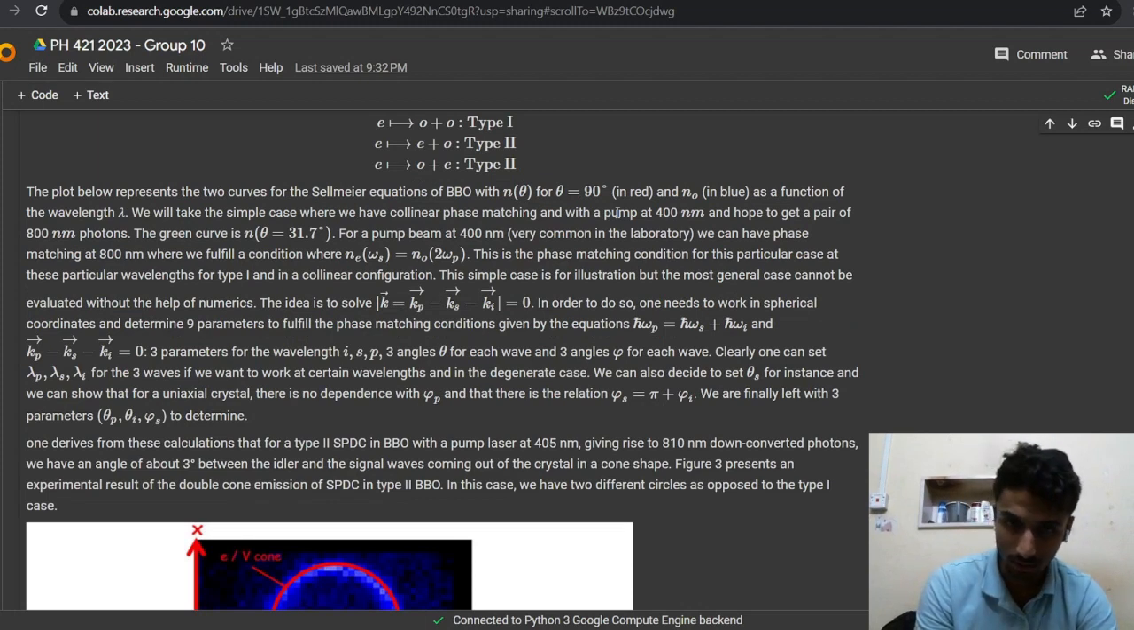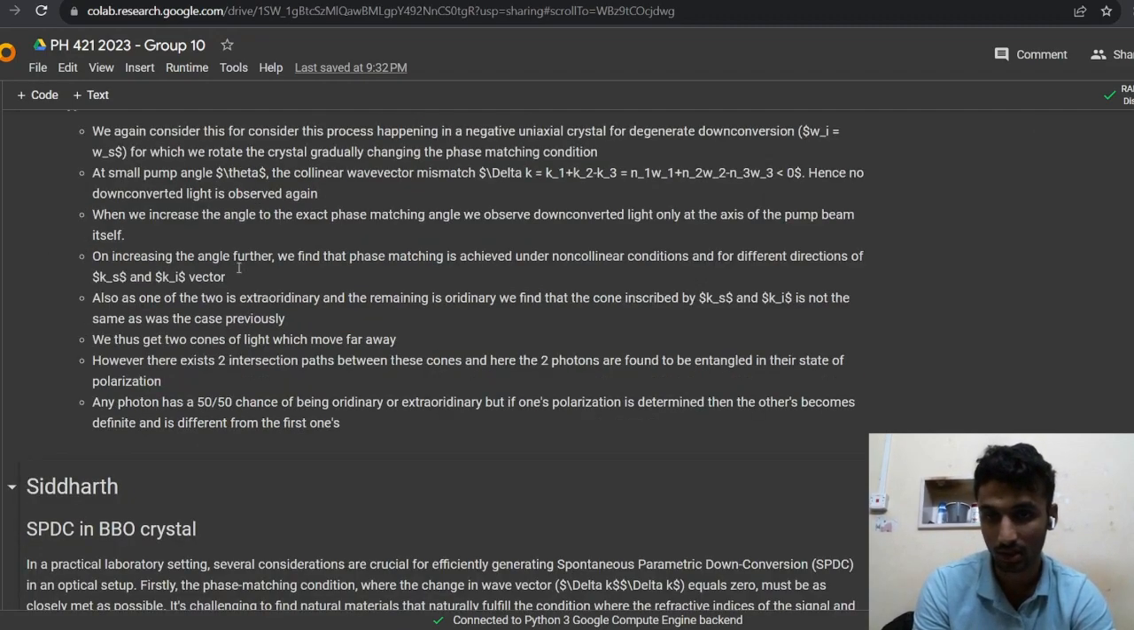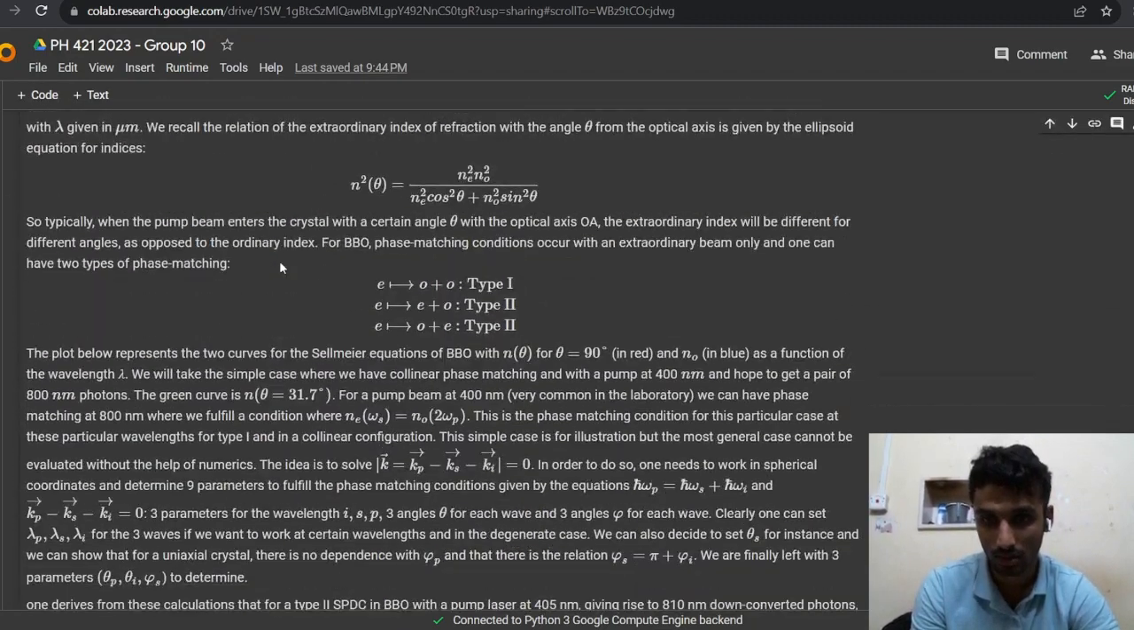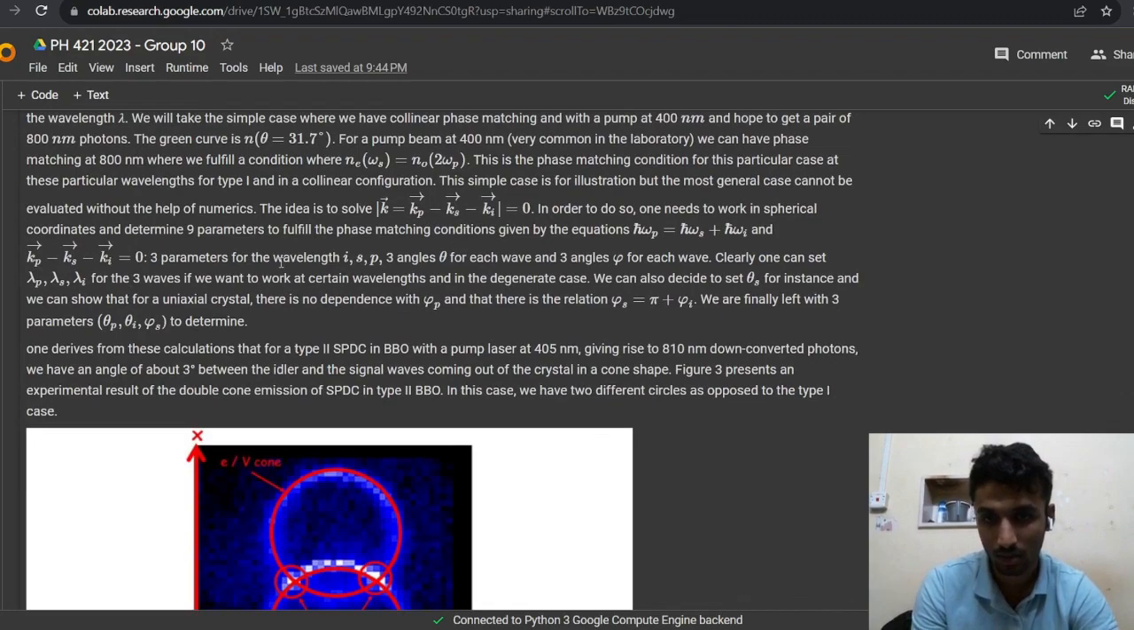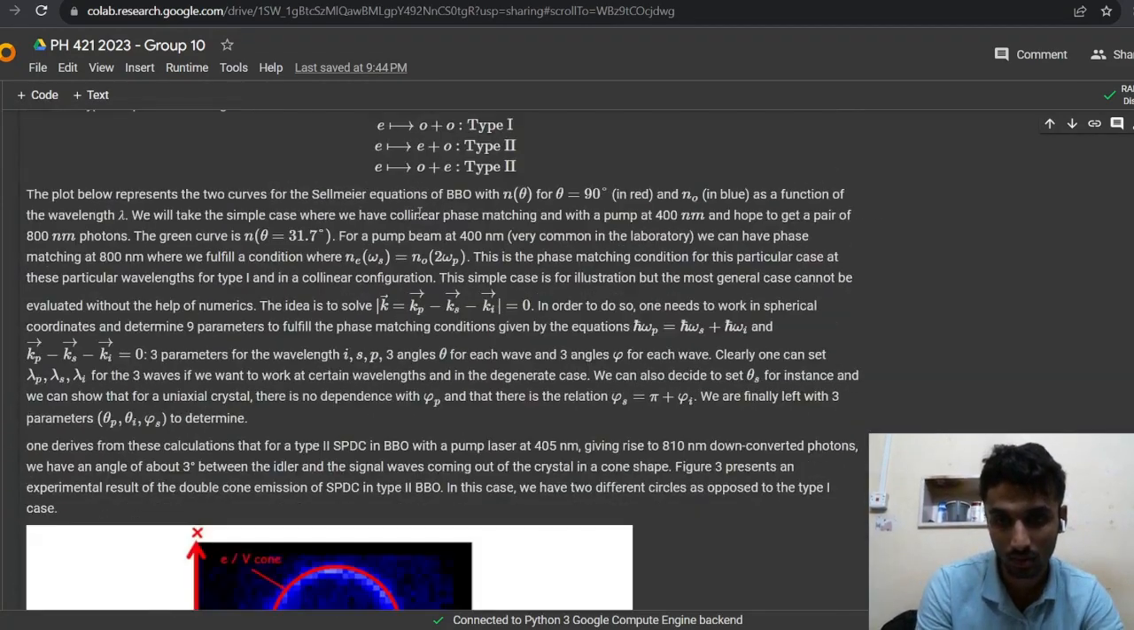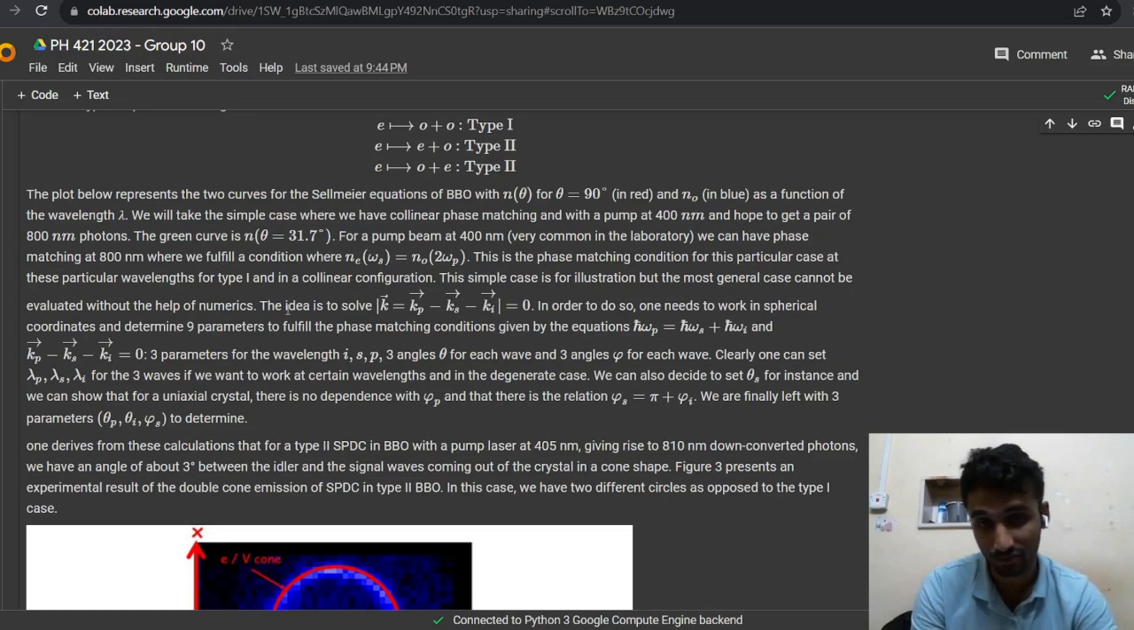So if we go on up, we take a look at a simple case of phase matching in which the pump is at 400 nanometers and the other two are degenerate and at 800. Again, we have the degenerate signal and idler beams. So for that, theta equal to 31.7 is the right spot. We have phase matching here. This is a simple case, for say non-degenerate cases,